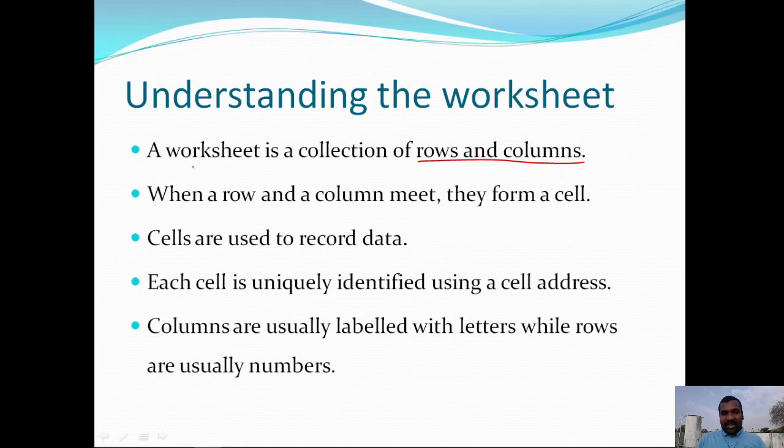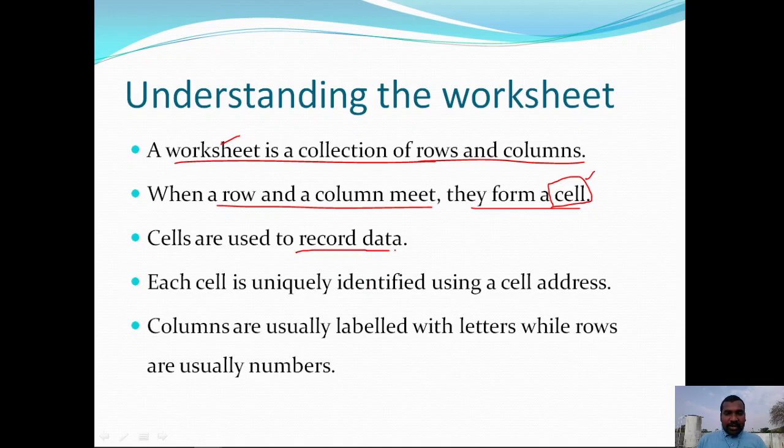A worksheet is a collection of rows and columns that forms a table. The intersection points of rows and columns we call cells. When a row and a column meet, they form a cell. So a worksheet is nothing but a collection of cells.